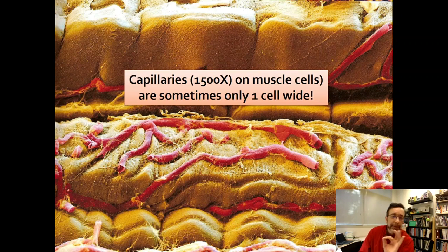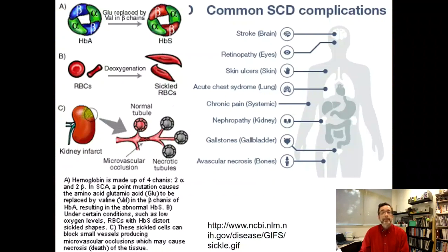Now capillaries, here's a picture of capillaries. Some of them are so thin that they're only 1 cell wide, so the red blood cell actually has to be deformed. One of the reasons they're so streamlined is that capillaries are really small, and the red blood cells can just barely squeeze their way through. That's if they're their usual flexible selves. If they have all these spiky things inside them, then they can't fit through anymore. And then they block, and then the tissue starts to die.